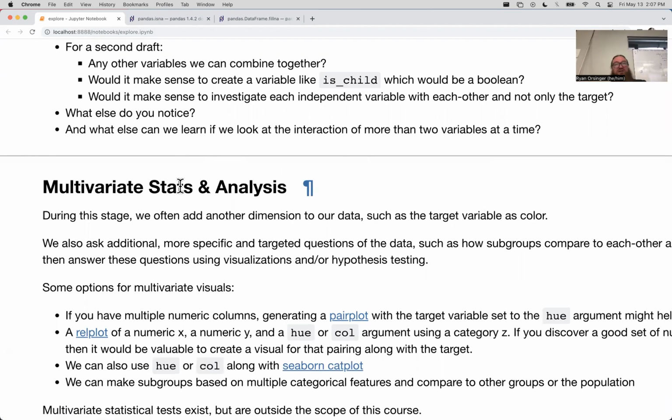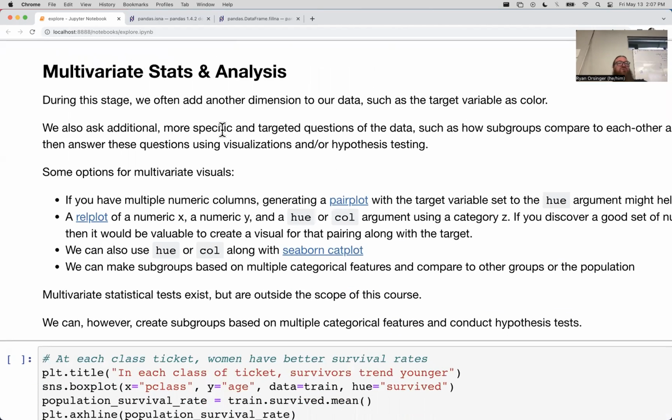It's doing calculus. It's calculating area under a curve, right? So let's move into multivariate stats. So multiple different variables. You can make charts that have so many different variables that you can't figure out what's going on, but we often add additional dimensions to our data with color or with small multiples. Like if we have a category of 3 things, we can have 3 charts.